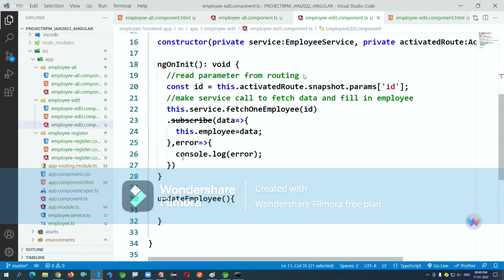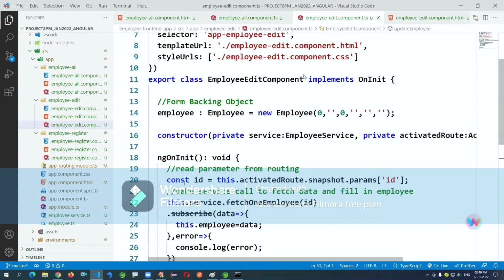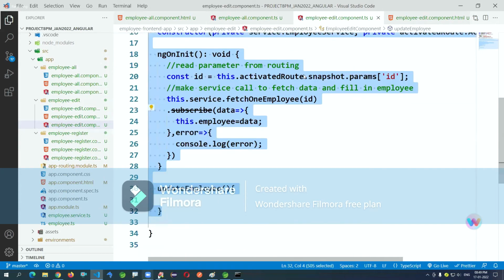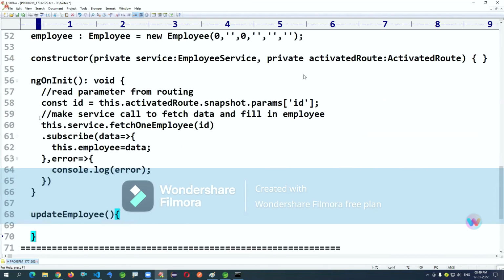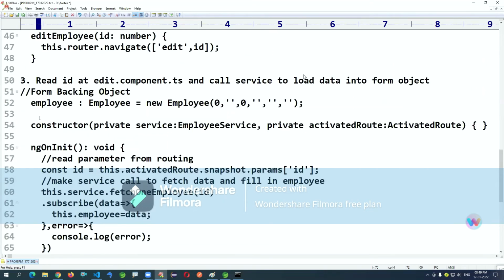Employee edit component, I'm just giving everything here. Update empty form, let this be form object, dependency injection, on loading component.